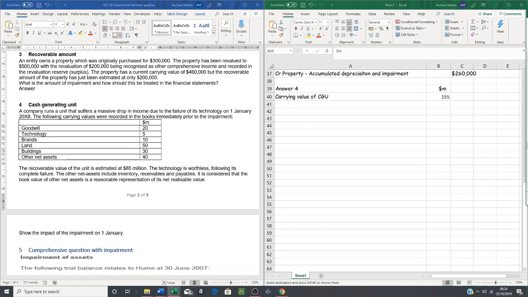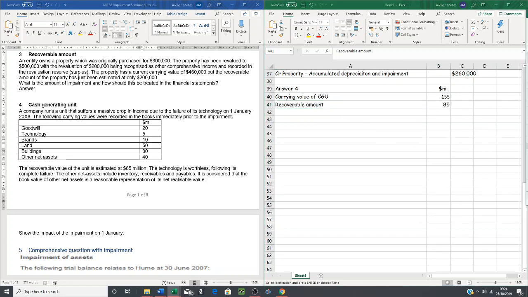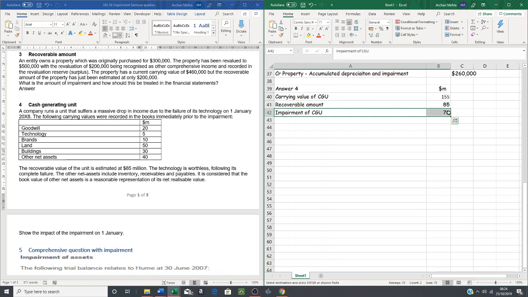Recoverable amount as per the question is 85. And impairment, therefore, of the entire CGU is 70. So we need to allocate the 70 loss amongst these assets. The order of allocation, if you remember,